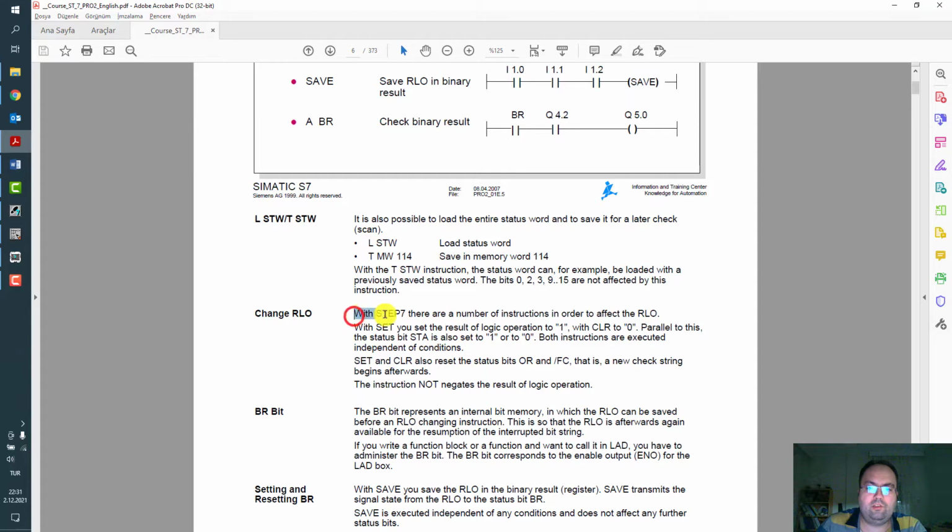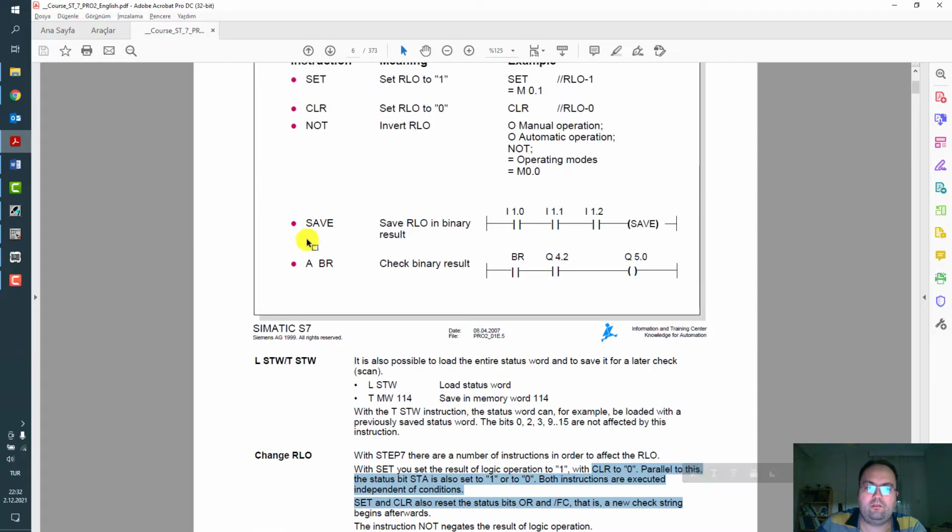For changing RLO, if you use set, we can set RLO, with clear you can reset RLO, and with the save instruction, RLO is saved in the binary result, BR bit.